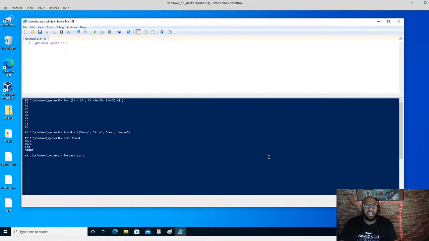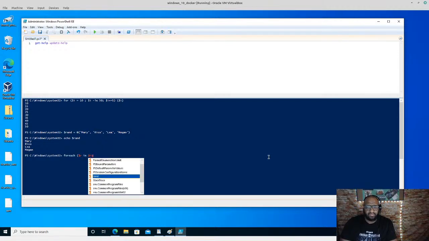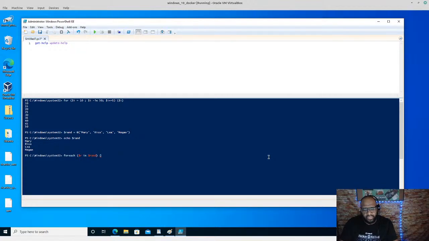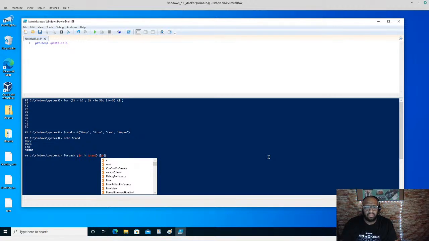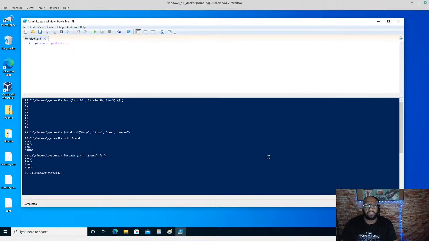So I'm gonna do for every R in rand, what do we do? We're just gonna print R. That's it. That's all we're gonna do. Okay. Now for each, let's try to do a different condition, right? For each R,